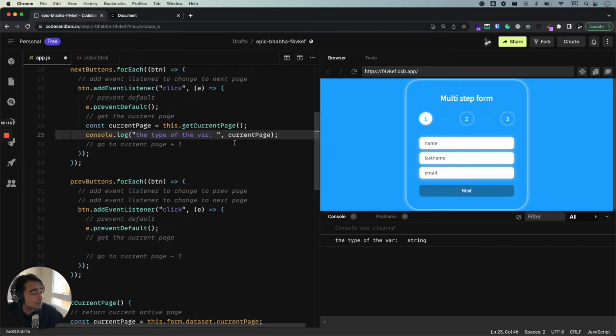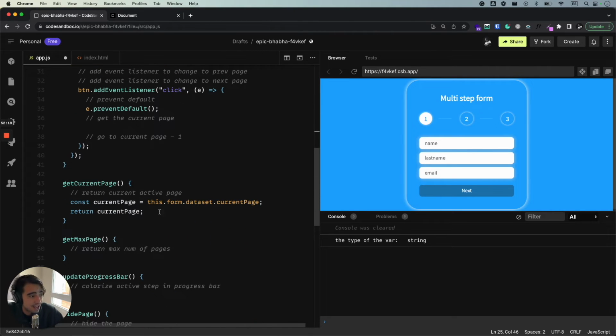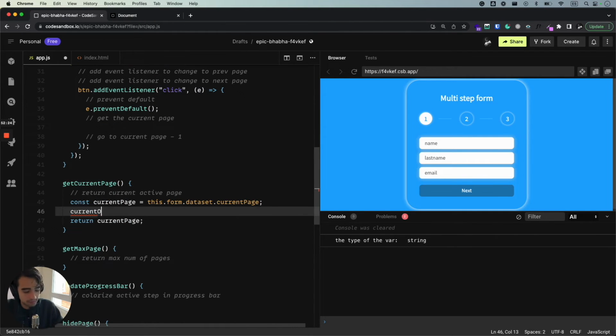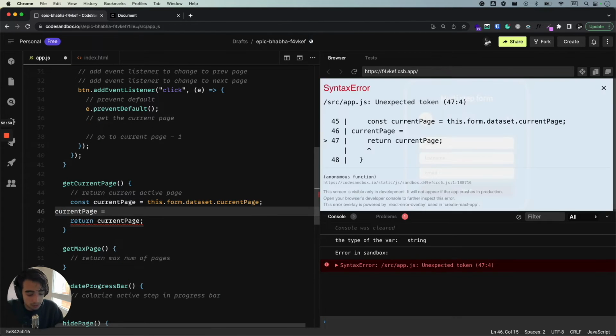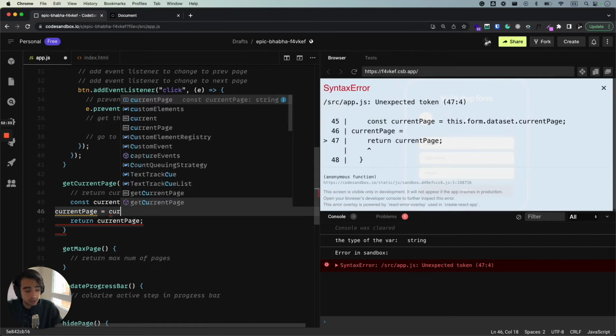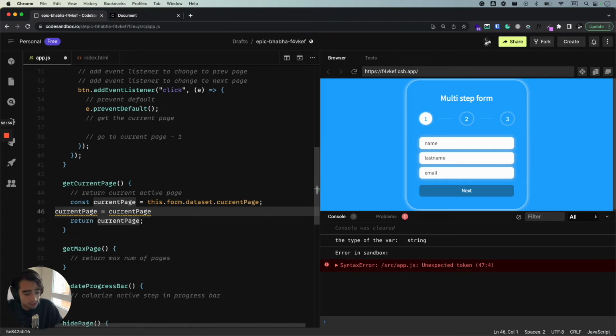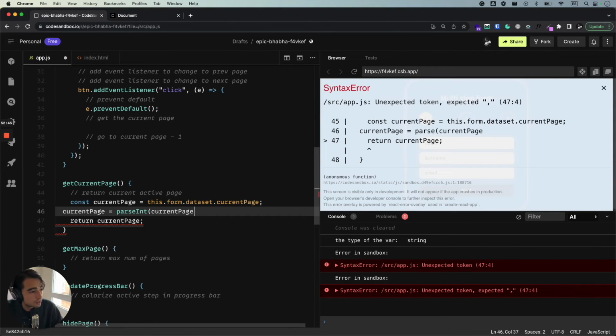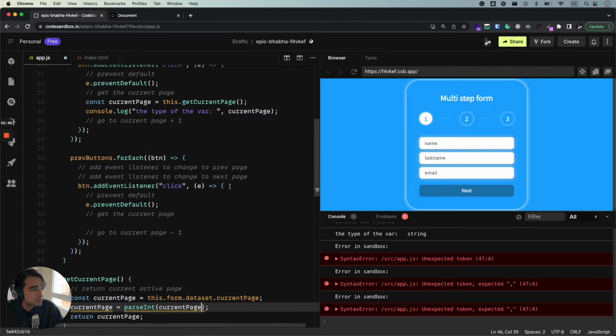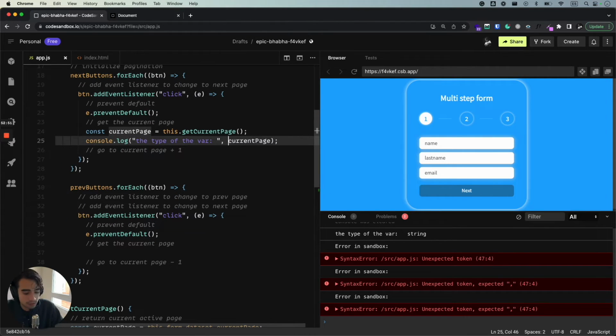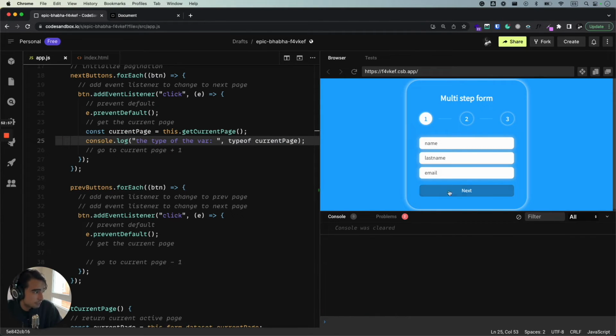So instead of actually returning the current page as is like that, we're going to convert this current page. Current page is going to be equal to current page, of course, but we're going to parse it in order for it to become an actual number. Okay, so we're going to parseInt, like that, parseInt. And now the type of the current page is supposed to be a number now. So if I click on next,